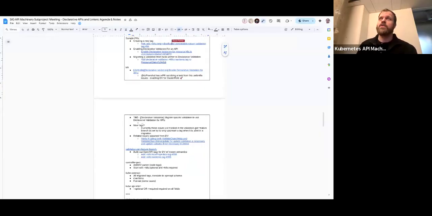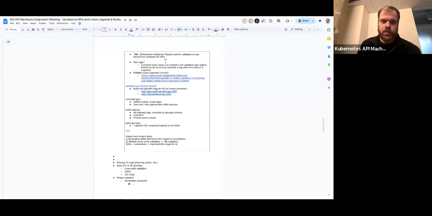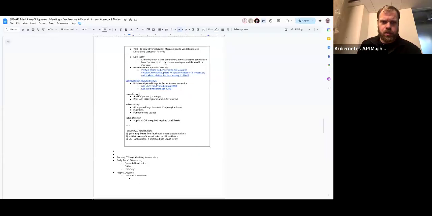But now we have a more broad-reaching idea: because it's a no-op to register APIs, we're planning on registering all APIs into declarative validation and then migrating fields over time. So we have a community call to action, which is to start migrating these APIs for us, which is essentially just registering them so that code can be produced, but there are no tags. So thanks again, Pranchal, who I think did cluster role.